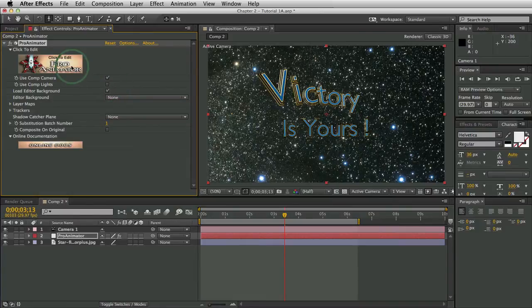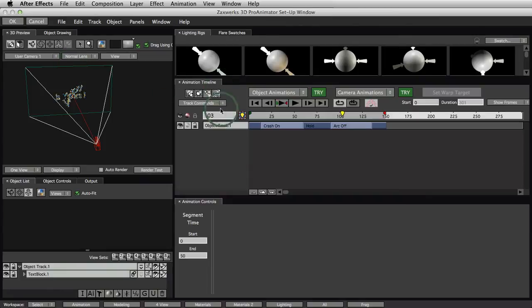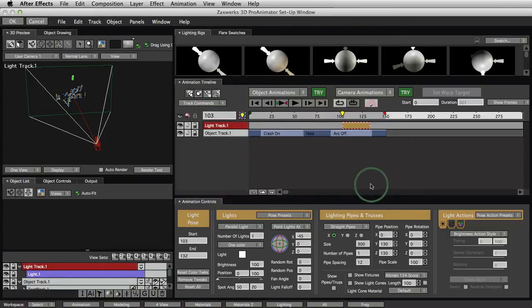ProAnimator has a complete lighting system. It's very extensive, and it all animates, and you get to it by clicking this button right here. When you click this, it adds a light track. Again, there's a bunch of controls down here, which we'll get into in a future tutorial. In the meantime, though, just know that when you turn this on, you've got all the light. You can do light beams, you can do lens flares, you can do all sorts of crazy, amazing stuff that ProAnimator has built inside of it that After Effects does not have.